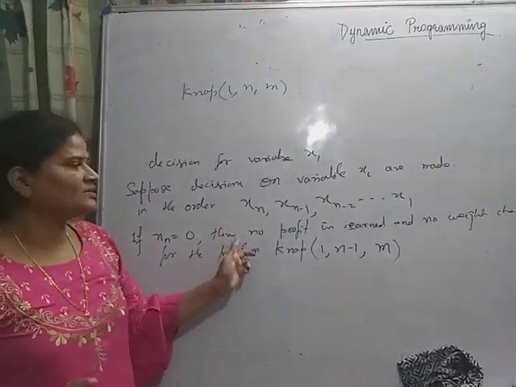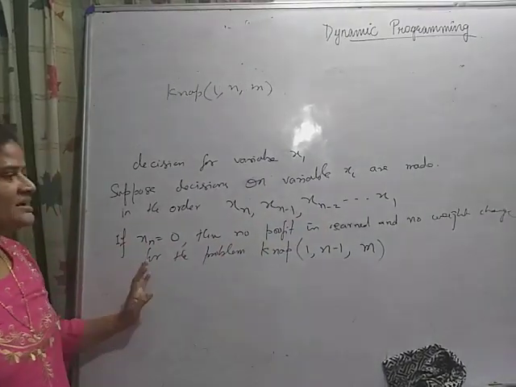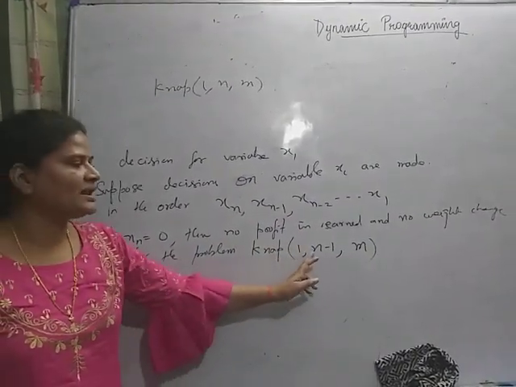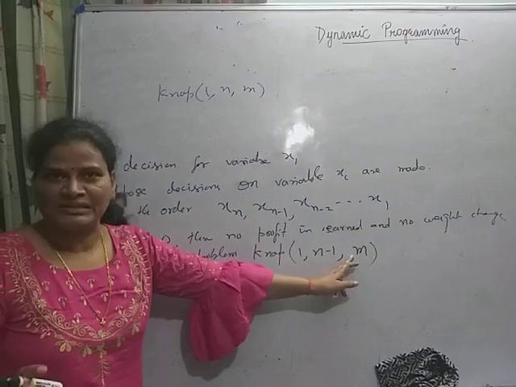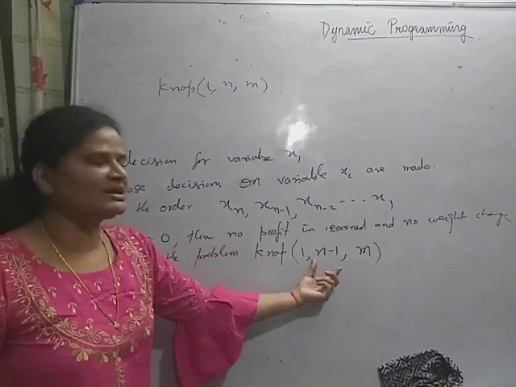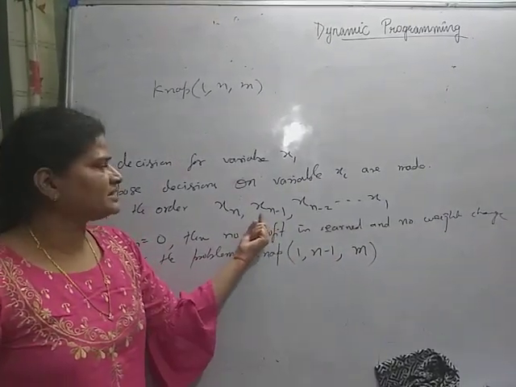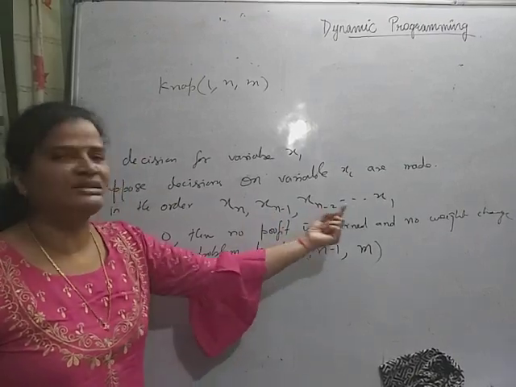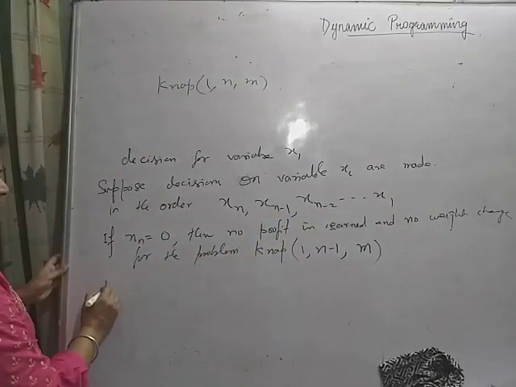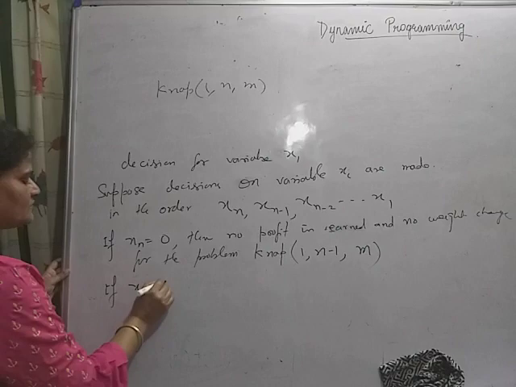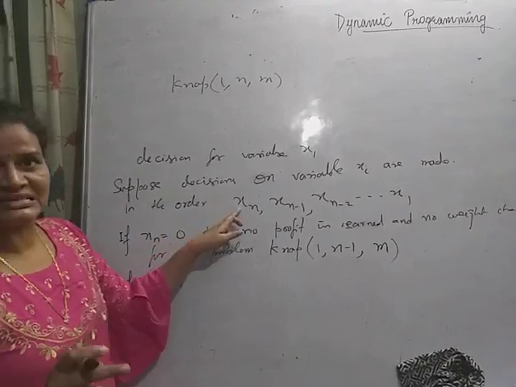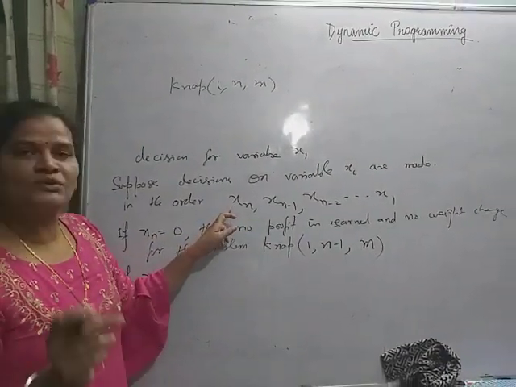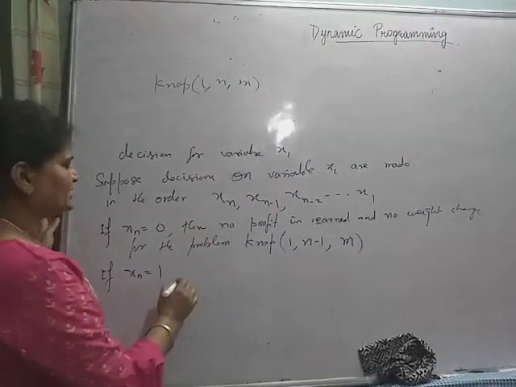It means that no profit is earned and there is no weight change for the problem knapsack 1 to n minus 1, m. The capacity is not going to change, and we simply have to take the decision from object n minus 1 to 1. The second case: if xn equals 1, that is, the decision is that the nth object is to be included into the knapsack, then